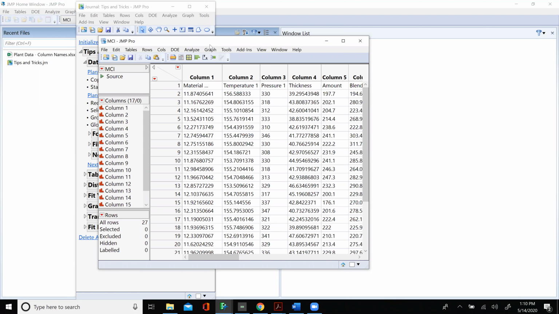Right? And this is a mistake, and I'm going to show you why. What I have here is 17 columns of numbers. This is called the data grid. This is called the row panel. This is called the column panel. This is called the table panel. And what we're going to learn today is there's a unique use for each one of those things.